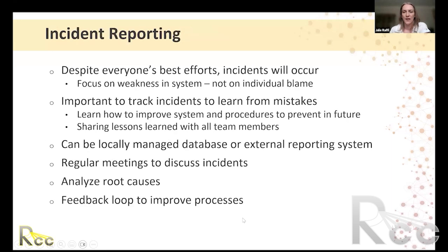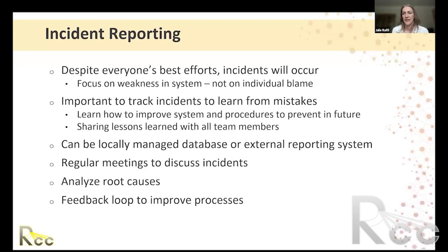So incident reporting, I know you had a different lecture that talked about safety and some of these reporting systems, but it's important to remember that despite everyone's best efforts and despite all of our training and our protocols, incidents will occur. Hopefully minor ones that we can learn from, but it's important to track these things and learn from them. So the focus should definitely be on the weakness in the system,